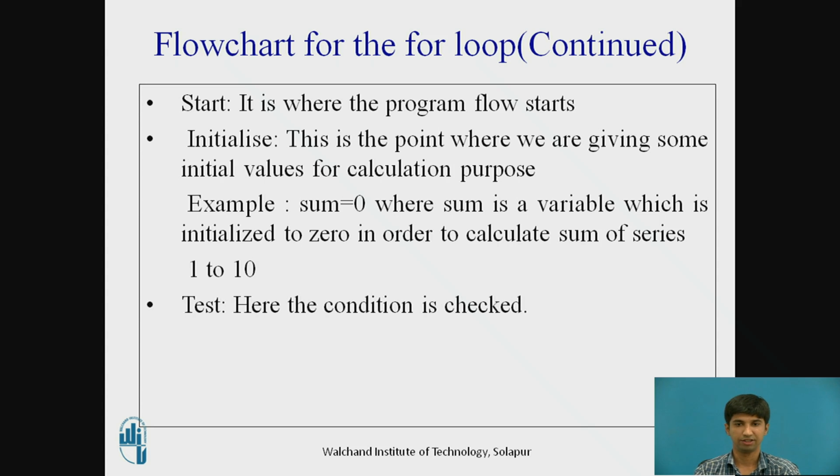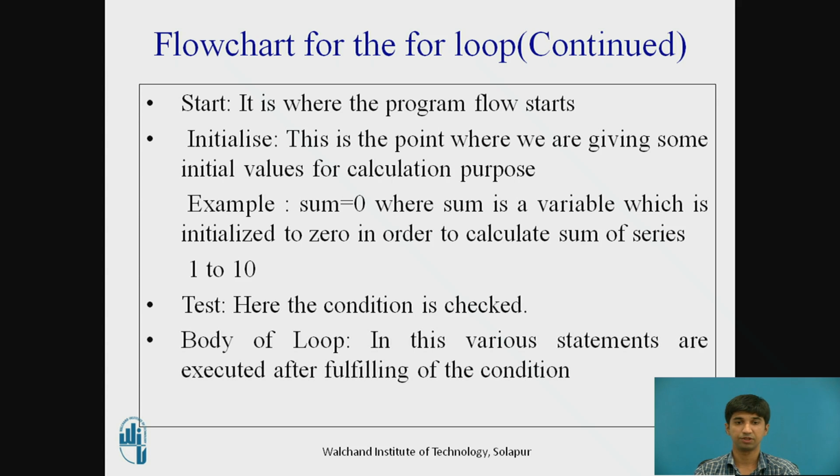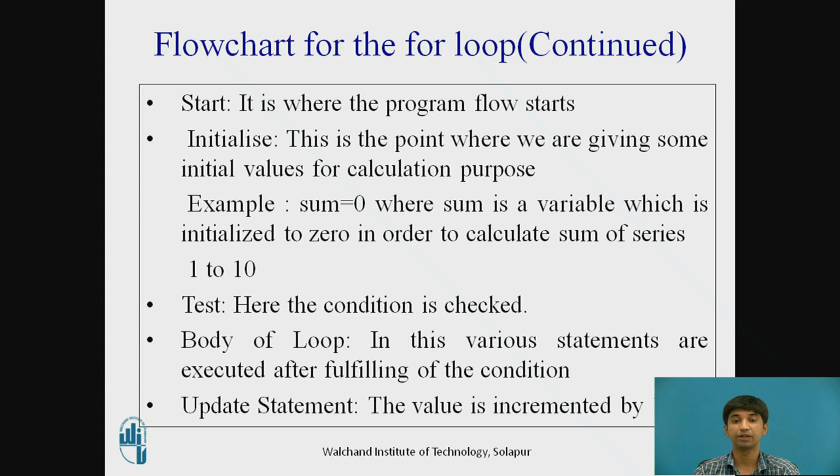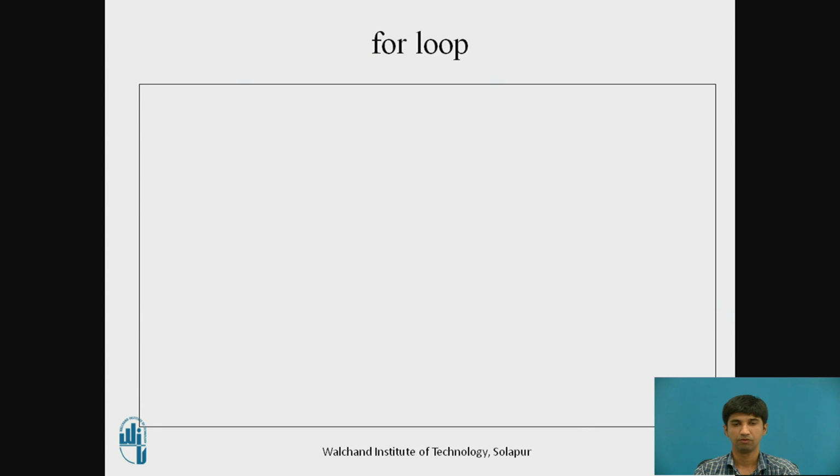Relational operators you're using, or it may be logical operators depending on the conditions. Body of the loop: various statements are executed after fulfilling the test condition. Then the update statement, it means you're incrementing the value by 1. So the general form of the for loop can be written as